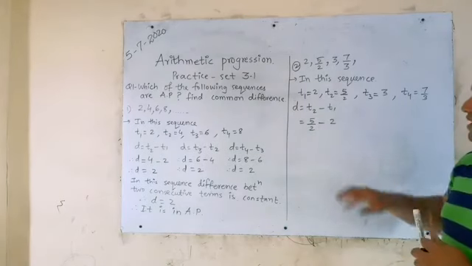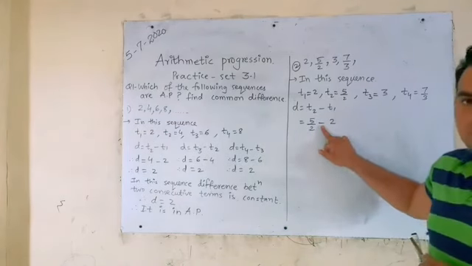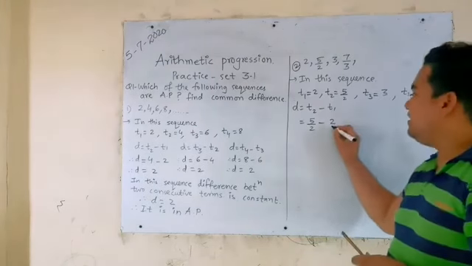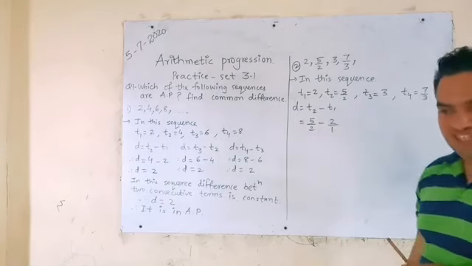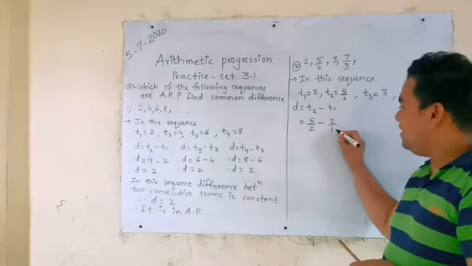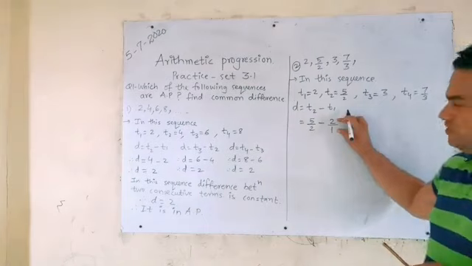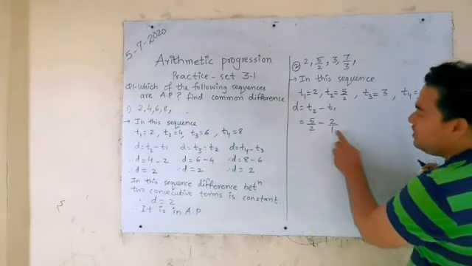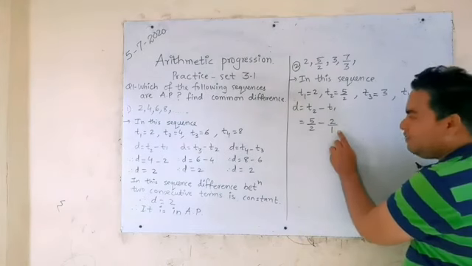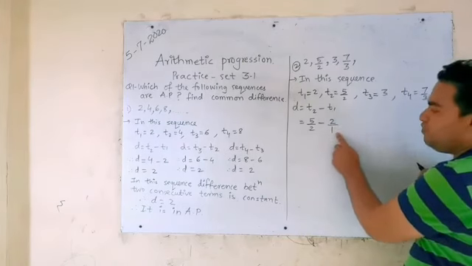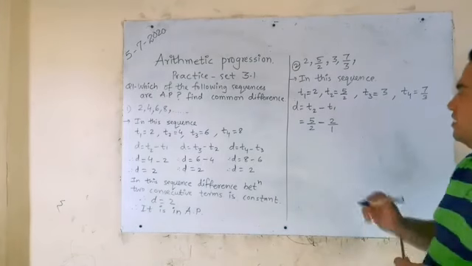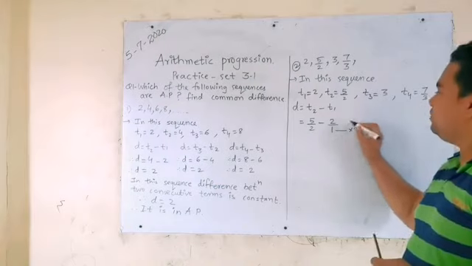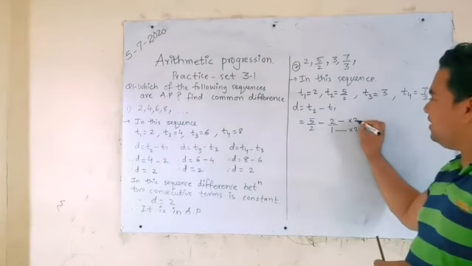So now we know that subtraction is possible only when the denominators are the same. Every number is a rational number, so we will multiply this fraction by 2. Why? Because here the denominator is 2 and we want the denominator here also 2. Here it is 2/1 because every number is a rational number. So we want 2 here. That's why we will multiply this one by 2, so we will multiply the numerator also by 2.